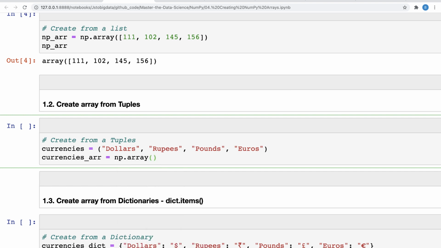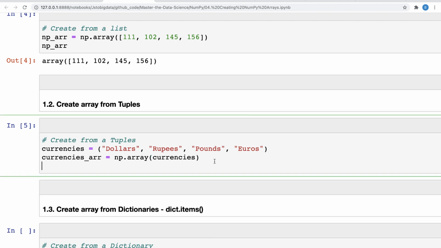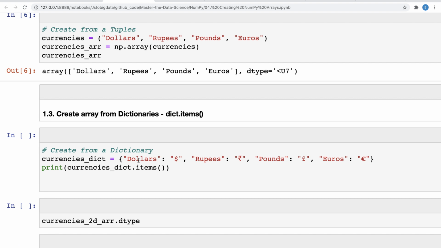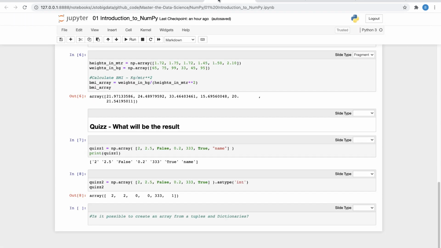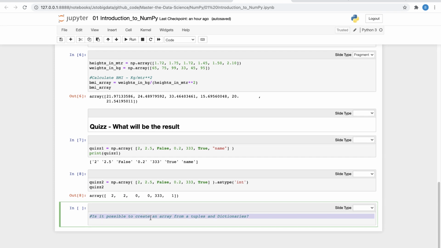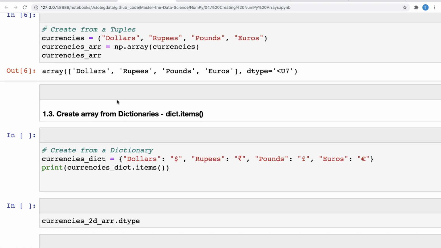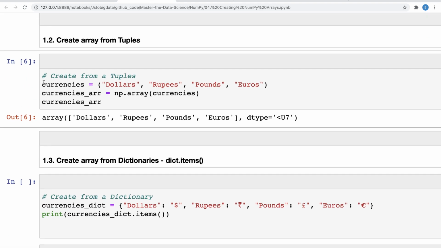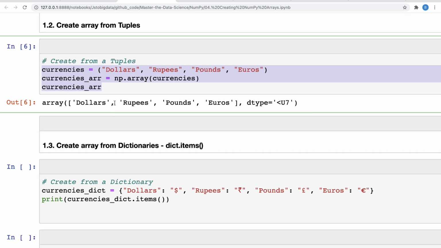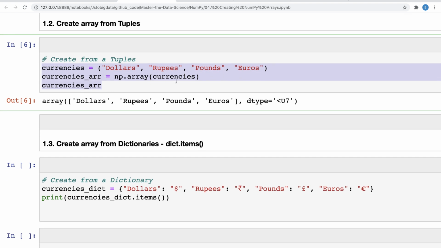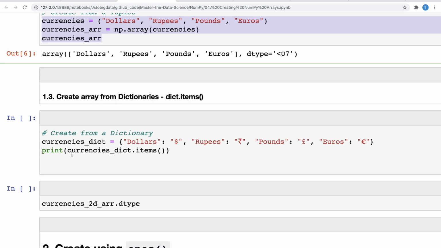And I'll pass currencies, that'll give me the currencies array, and then you can just print it as currencies array. Now if you remember, in the very first tutorial, I had asked you this quiz, how you can create an array from tuple and dictionary, right? So from the tuple, it's pretty straightforward. You have seen it now. You just pass it as a parameter to np.array.